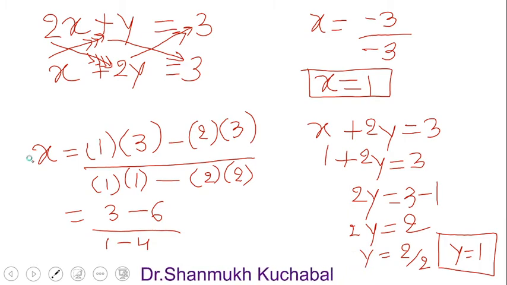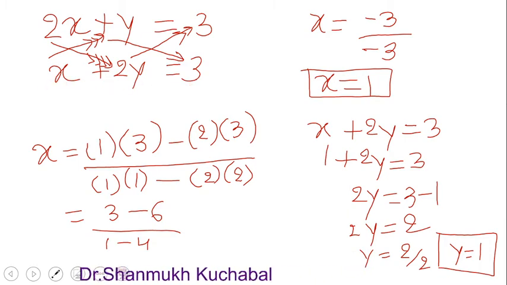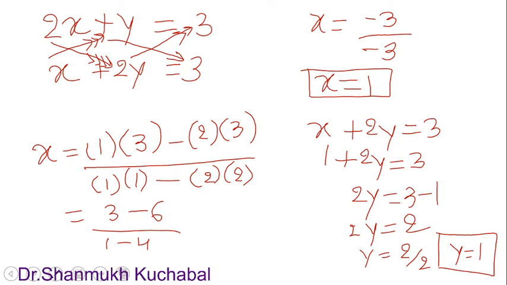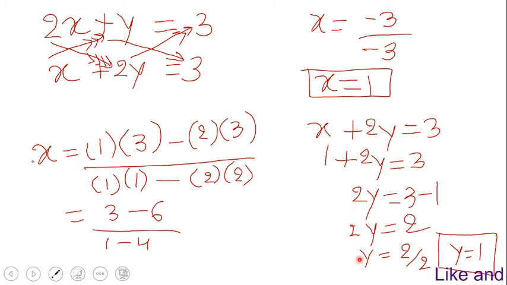So I am going to take the second equation. You can take the first equation also. Substitute the x value as 1 here. We have already calculated it here. Then find the value of y here. So we get y equal to 1. So like this, using this simple trick, we have to find the solution.